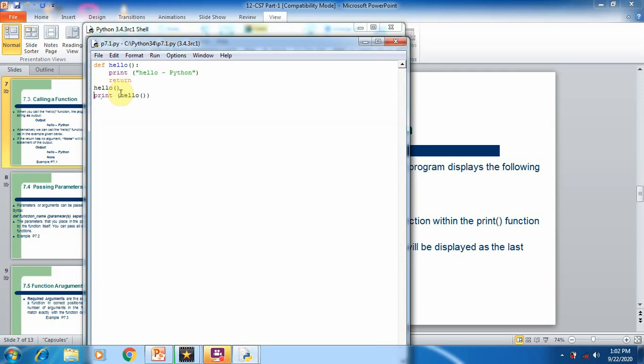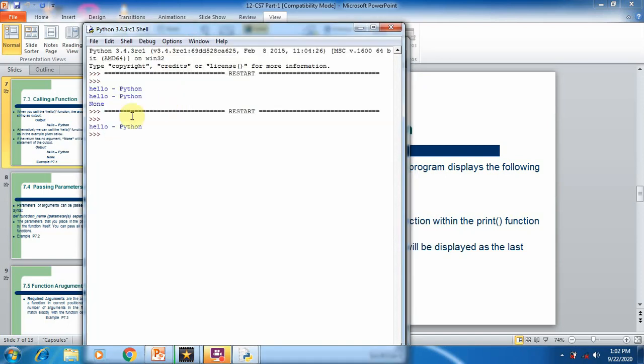If you want to change the program, you can change the code and you can see the output vary. Now I'm going to remove this second call of the function and save the program. Now I'm going to run the program. Here you can see the function is called one time, so only one single statement, hello Python, is displayed